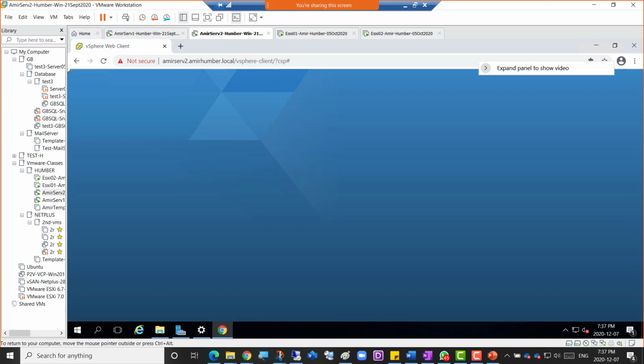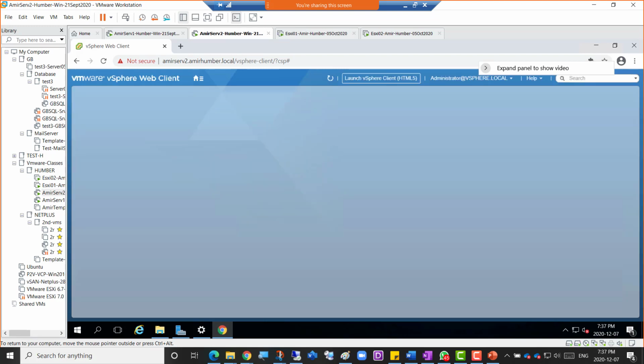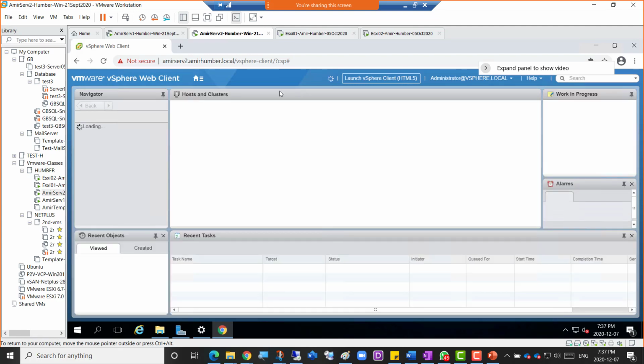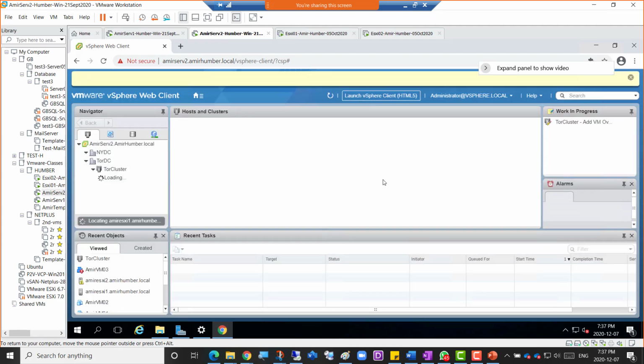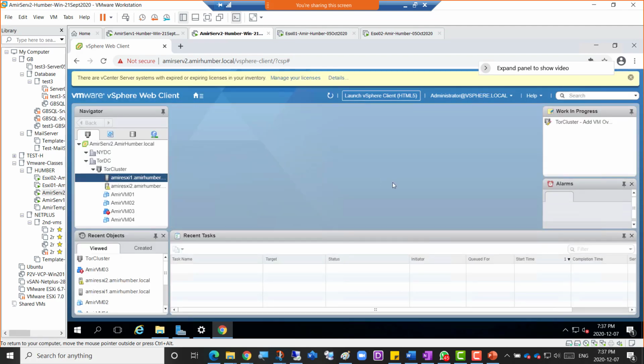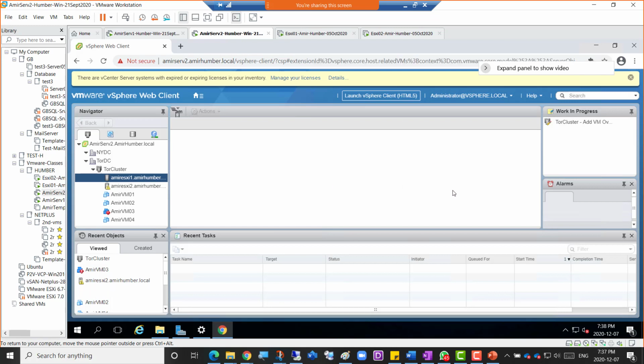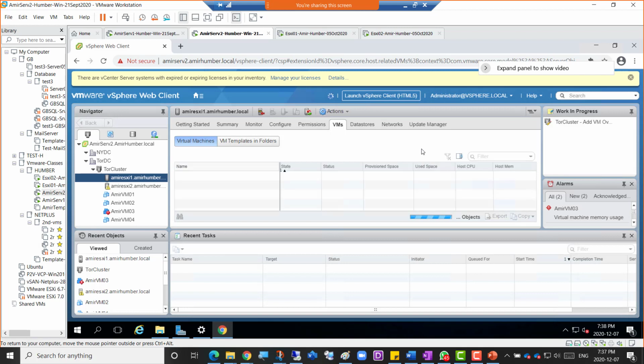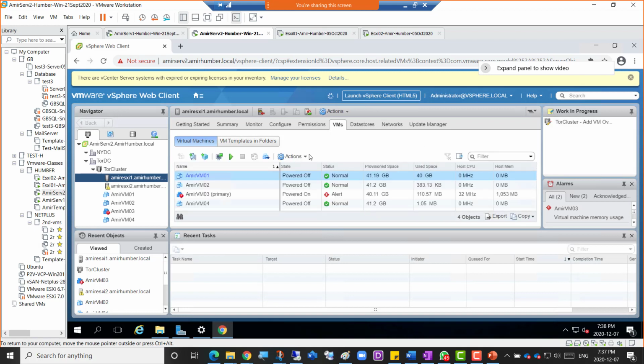Okay, so the vCenter is finally logging in. So guys, if your vCenter is logged in, the only change that happens now after doing all this is that the Update Manager starts showing up like this here.